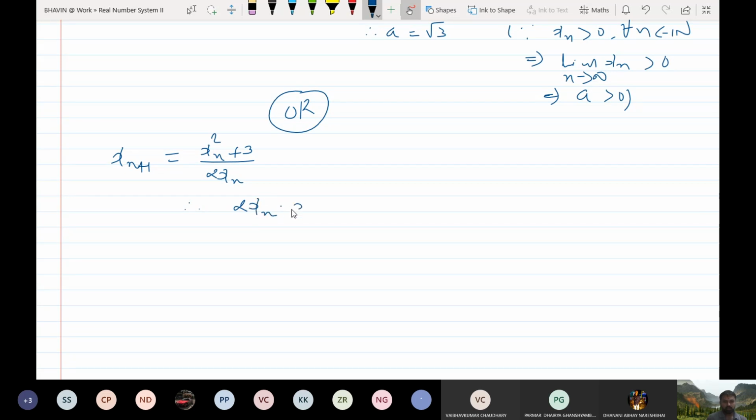So 2xn into xn plus 1 is equal to xn square plus 3. So now bring this on. I am just checking whether this works or not. Okay, this is for all n greater than or equal to 1, which is a quadratic equation